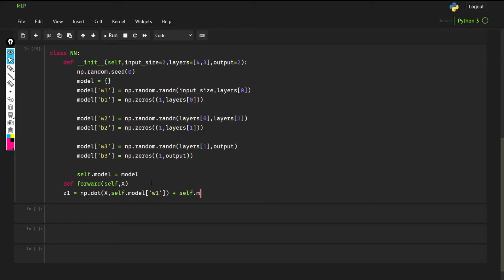self.model b1. So let me explain what we are doing here. This is our input, this is our first hidden layer. As I have already explained in my previous videos, our formulas should be something like this: we will have some weight here.